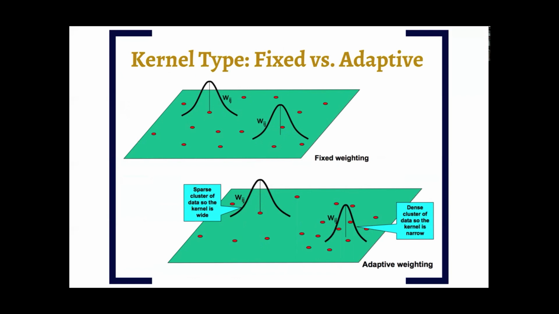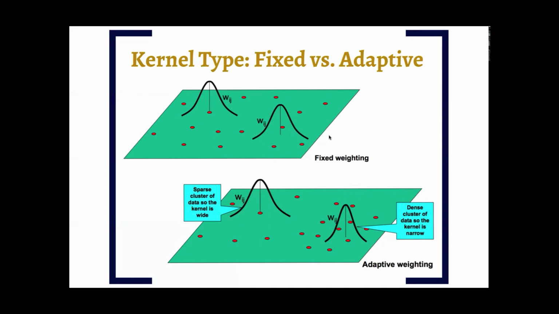You don't have to define a long list of different kernels with bandwidth, because usually you only choose from either a fixed kernel or an adaptive kernel. There are 2 different types. So if we take a closer look between the 2 different types, the top example,